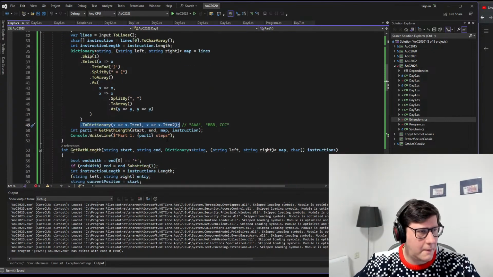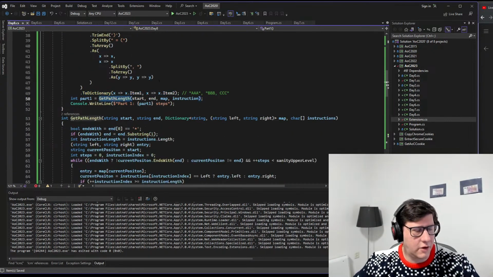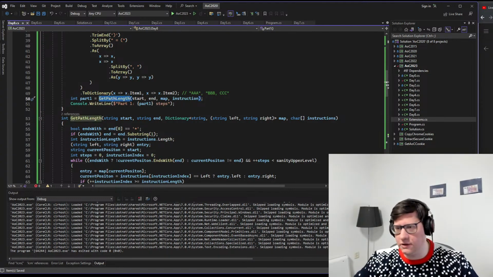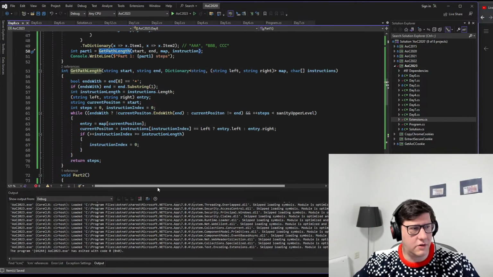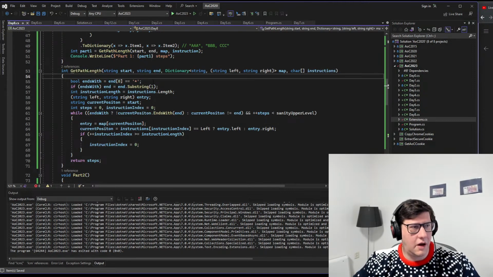up the next step. I had the code inline here, but I extracted it into a function because we can use the same logic in the part 2. And this is just the logic to get the part lengths. It has a start and an end. For part 2, this was really tricky because I had,